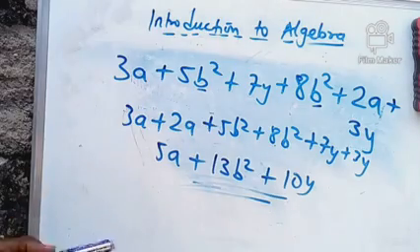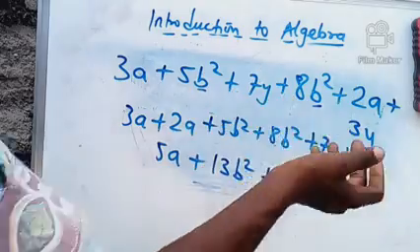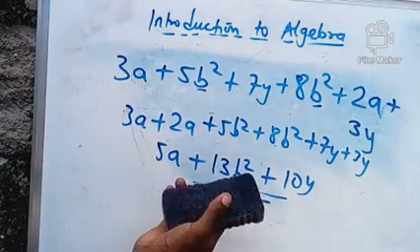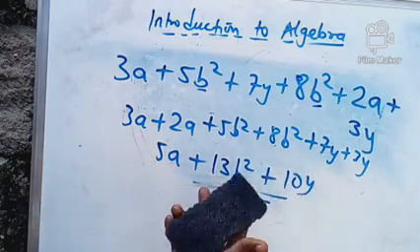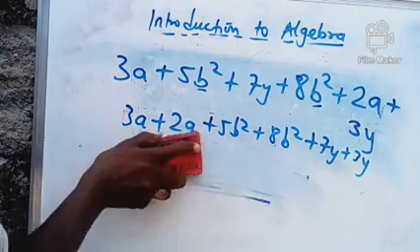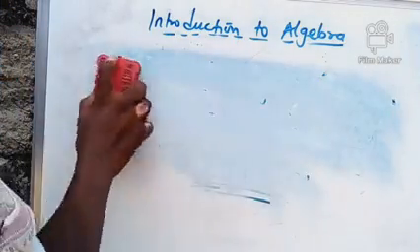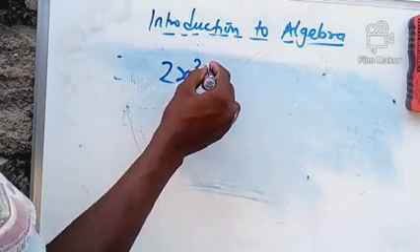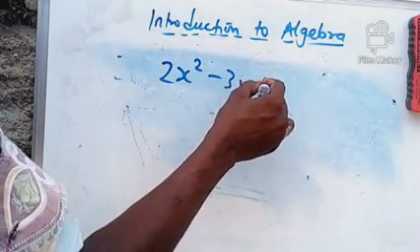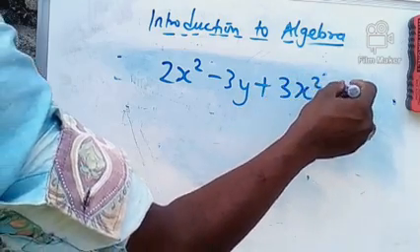Now, this is the concept of collection of what? Like terms. This concept is very important in algebra. Notice that we cannot add unlike terms, but we can add like terms together. The same thing applies to subtraction operation. When you subtract variables together, let's say you have 2x squared minus 3y plus 3x squared minus